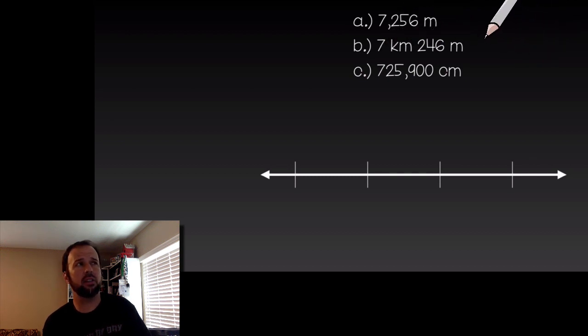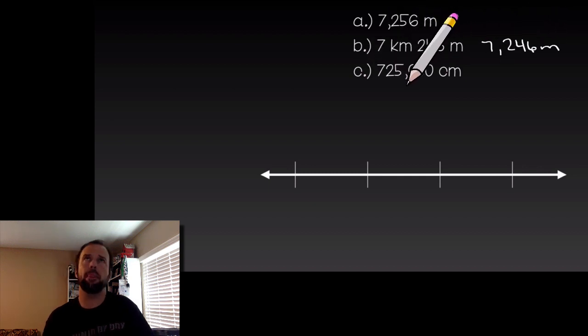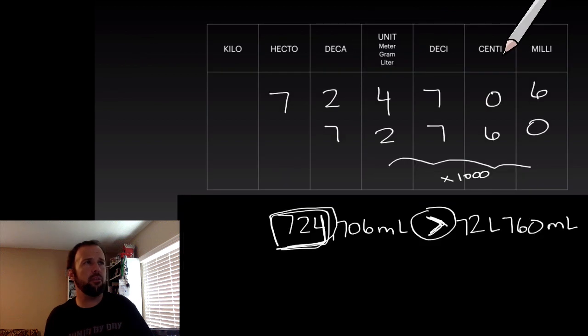So 7,246 meters, right? Because these 7 kilometers is going to convert to 7,000 meters, and then I have the 246 meters here, so 7,246 meters. Here with my centimeters, remember if we're making that jump from centimeters to meters,